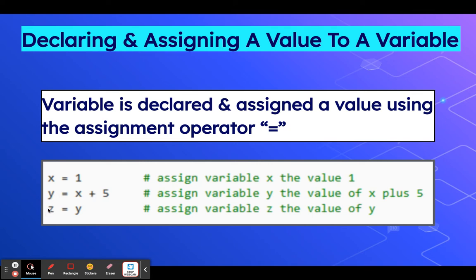And whenever you see a z, it's the y. So the number assigned to variable x is the value 1. The number assigned to variable y is the value of x plus 5. And the assigned variable for z is the value of y.